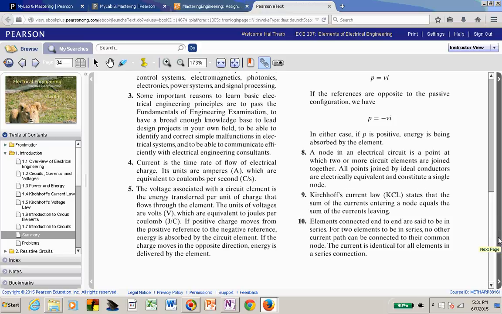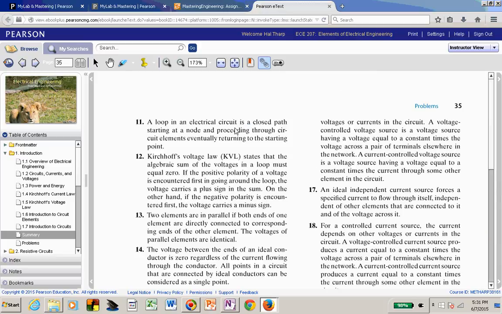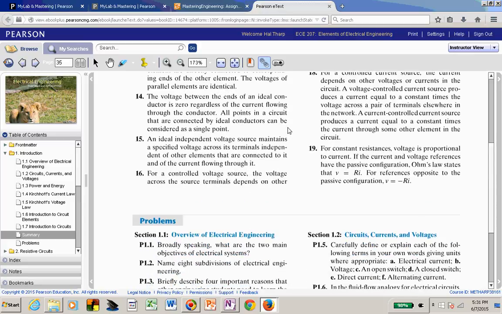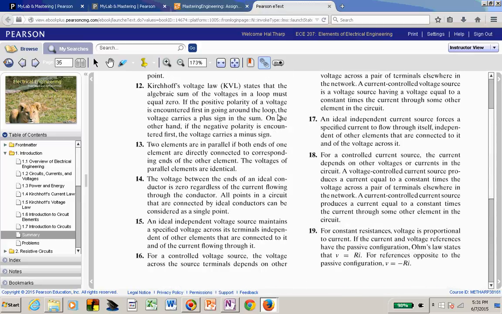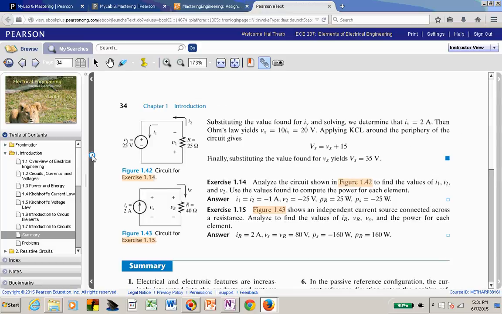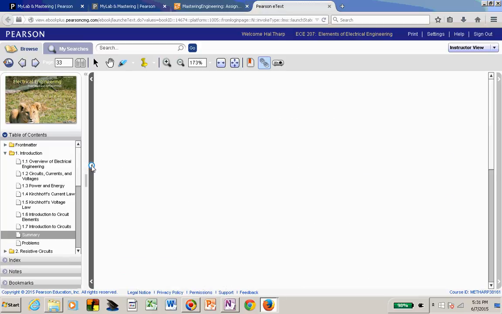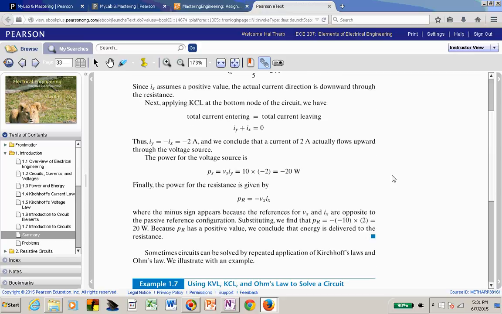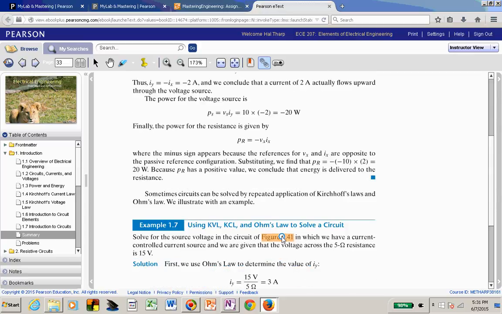Depending on how they have done it, you might or might not see links present. I was hoping I would see some links in the previous textbook that I was just covering. There were links, but here, if you wanted to jump back and forth between some of these links,